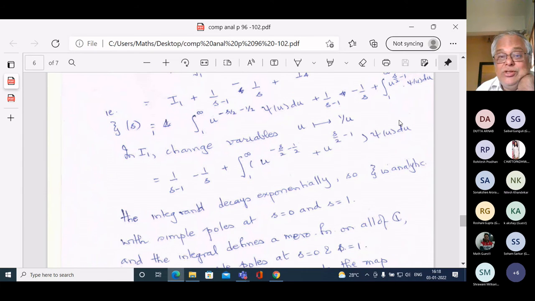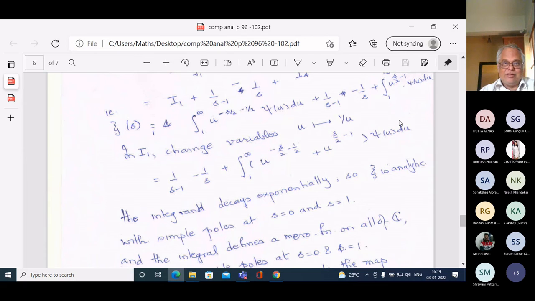Now, psi u is integrable. Everything is integrable at infinity. All those integrals make sense at infinity. Over every finite region, of course, that makes sense. U, remember, is going from 1 to infinity. And psi u is decaying at infinity, because theta u minus 1 decays exponentially at infinity. Therefore, all those integrals make sense.